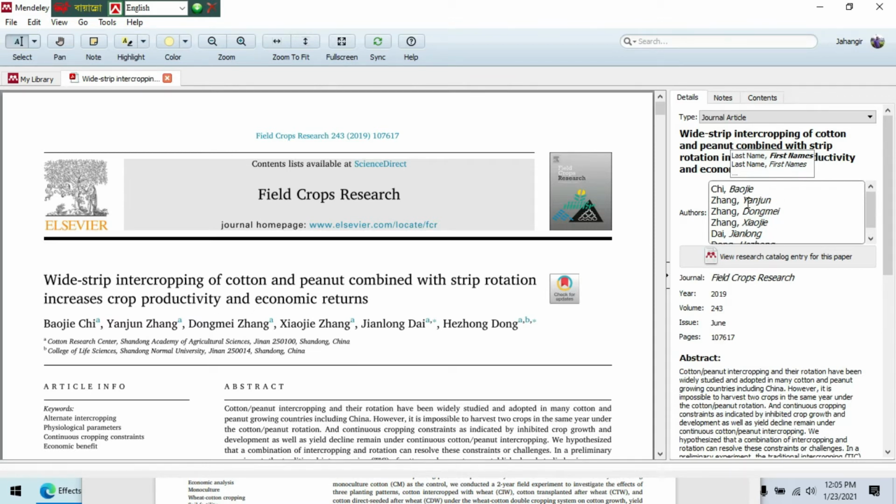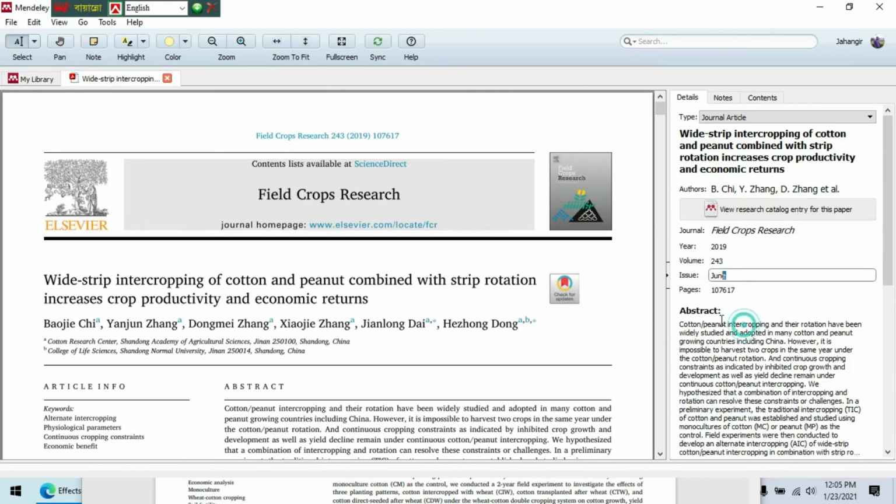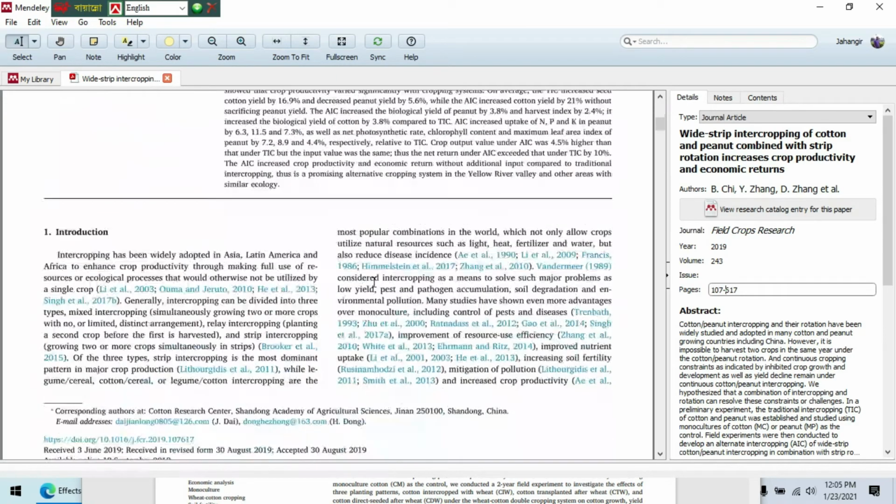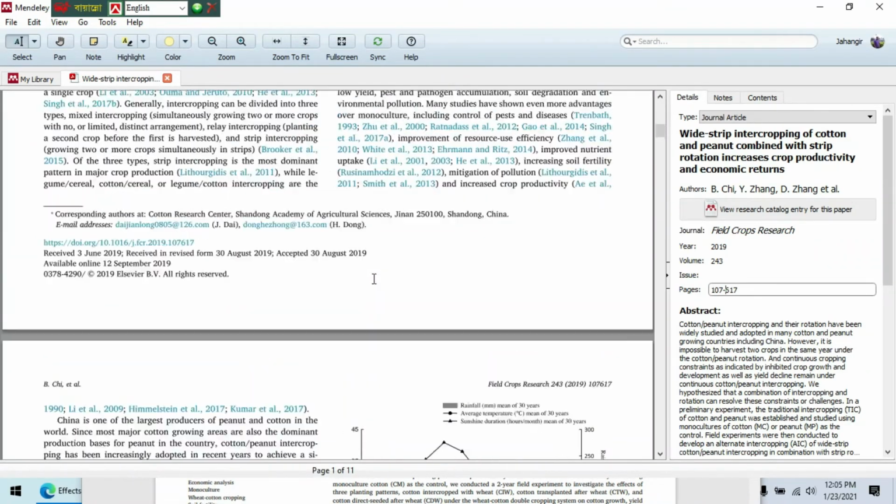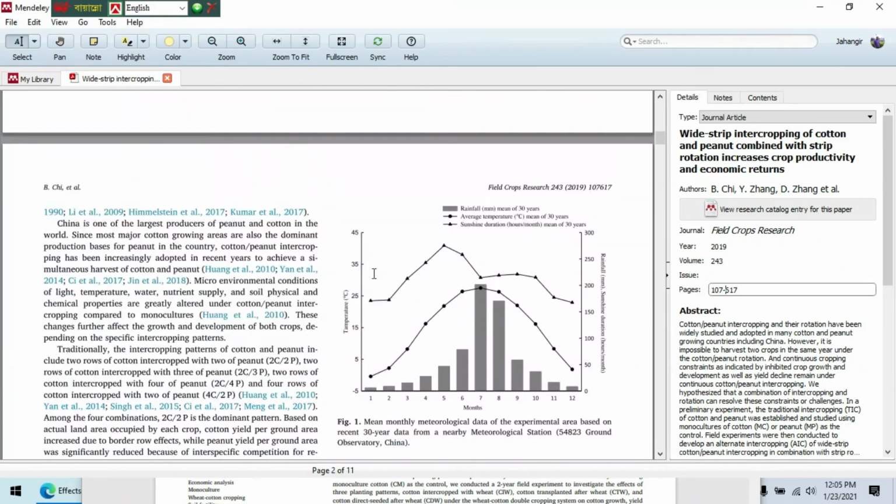We can check this: Chai Beji and Field Crop Science 2019, volume number 243, issue number June. I have not written the issue, page number 172, maybe 161. It is the page number selection, the right page number.